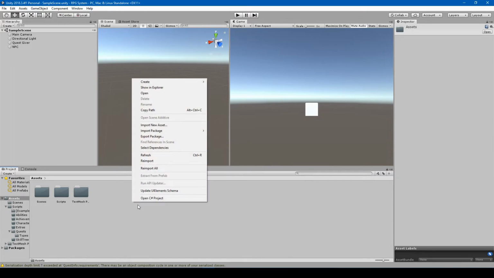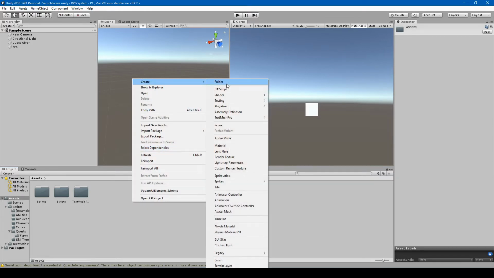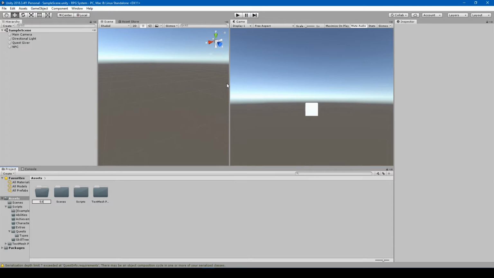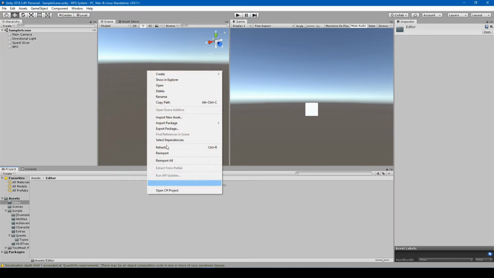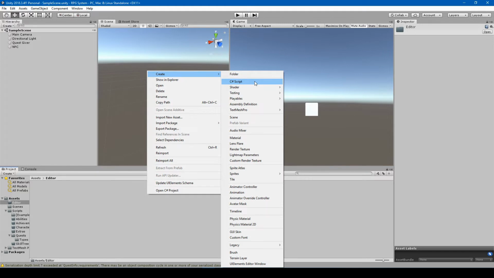So let's go ahead and create a new folder and call it editor. If you already have an editor folder, great, we'll just use that. If not, then go ahead and create a new one with a capital E, and inside of that, let's go ahead and create a new C# script,